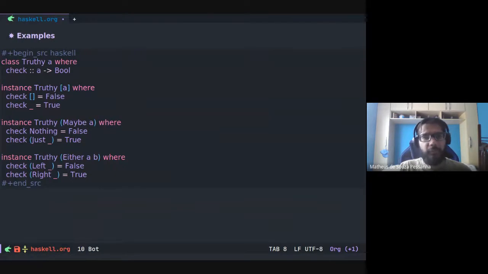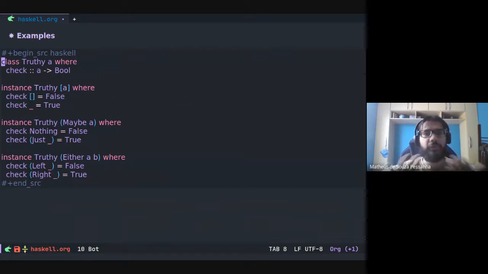So here's an example. We define a type class, Truthy. Before I explain it, Haskell only has two Boolean values, false and true. Any other value doesn't return of the Bool class.